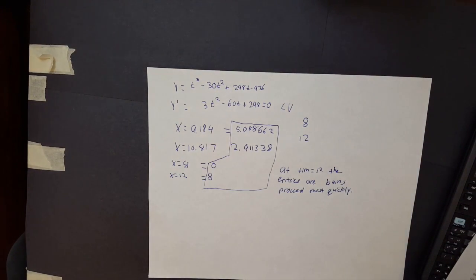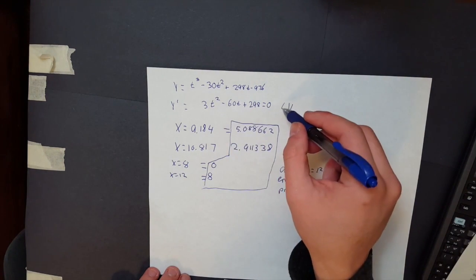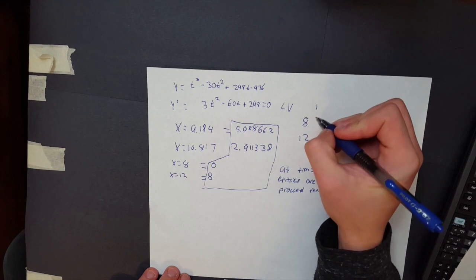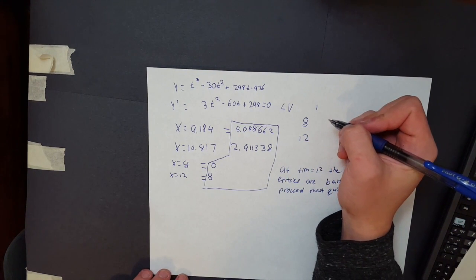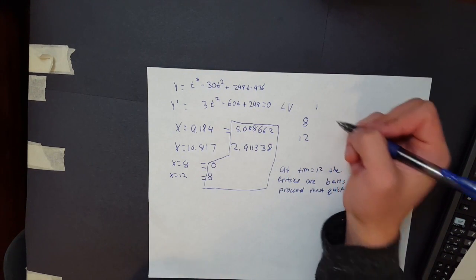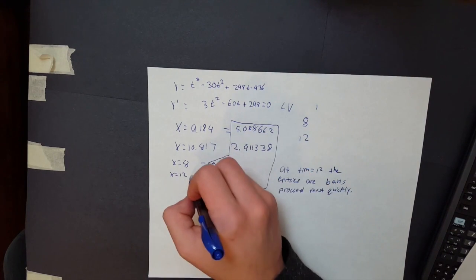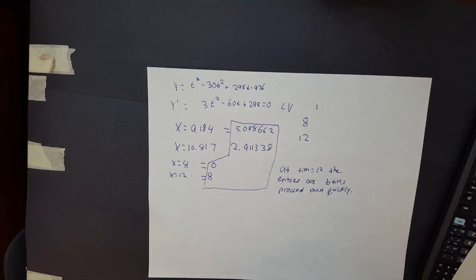Now in terms of points, your first point is if you set the derivative equal to 0 to find your critical values, so that's 1 point. Now, your next point is if you identify your candidates for an absolute max. So you're going to have 4 candidates, your critical values and your endpoints. And then your next point is going to be the answer, which is 12, and you need to justify. And another way you can justify is